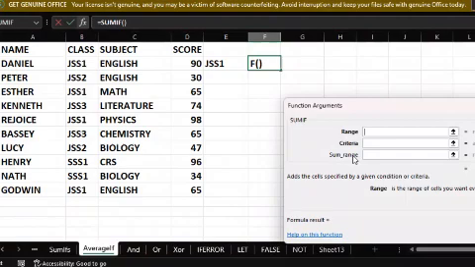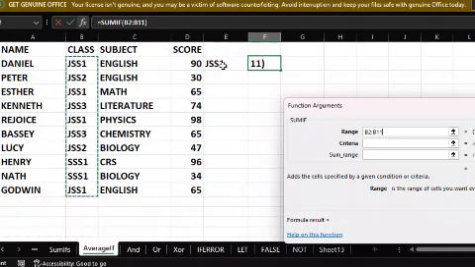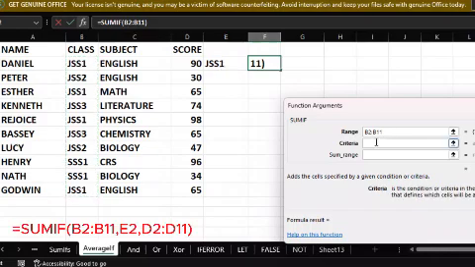So what is the range that we are looking for? We are looking for JS1. Which range are they in? They are in this column, so you now select the range. It's from B2 to B11. That's the range. And what is the criteria? What are we looking for? We are looking for only JS1. So you move to where you have criteria, and you select JS1,